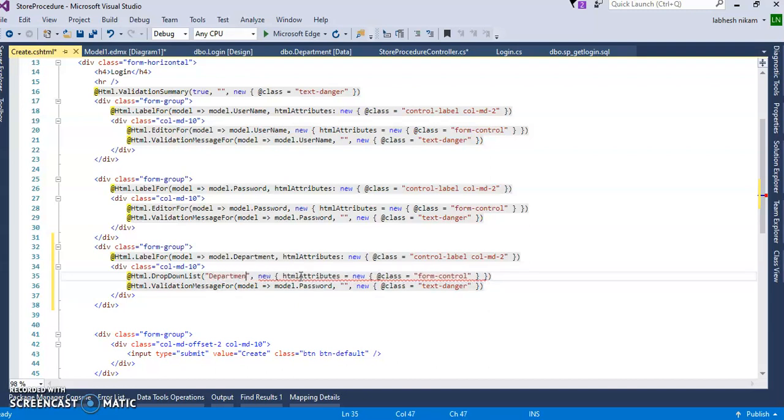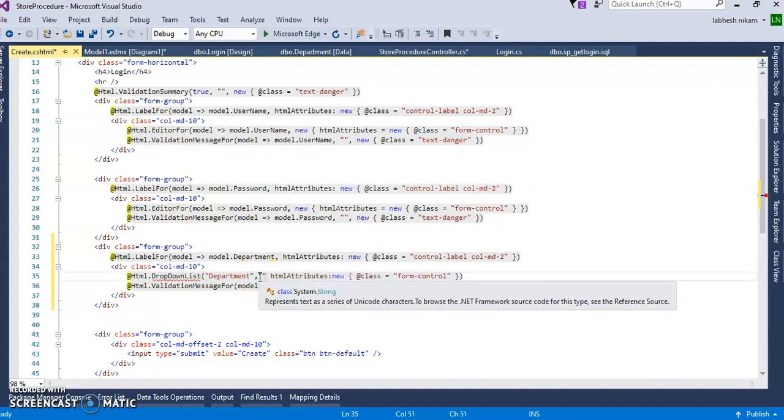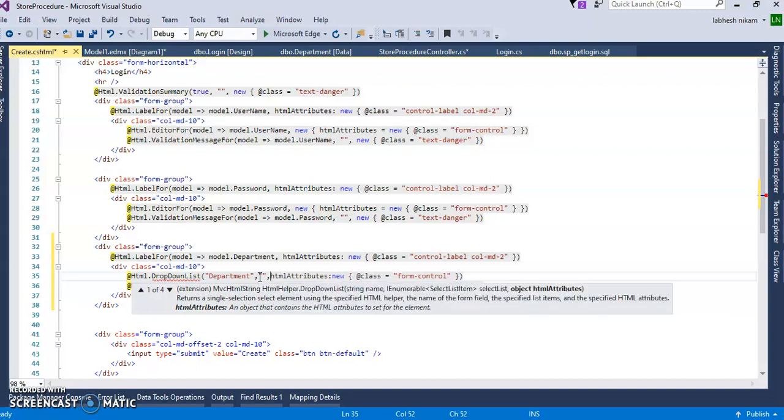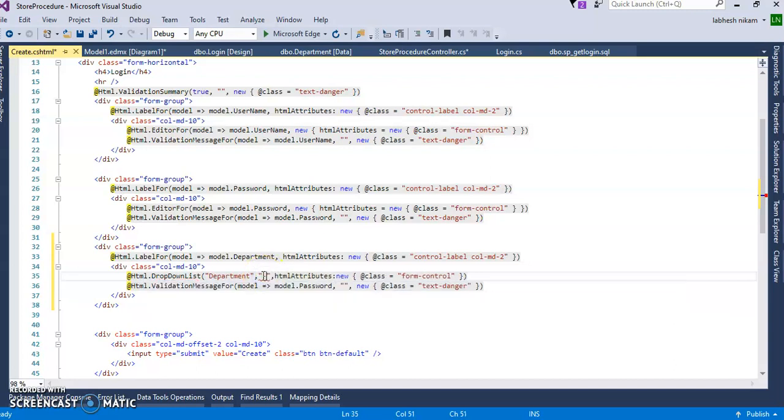Here remove these html attributes, colon new, this one. And here another object, we will add that Select Department, so that when nothing is selected, this text will be displayed.